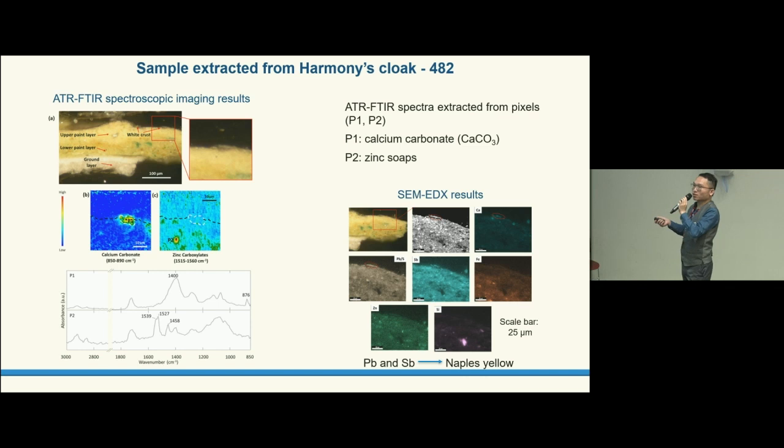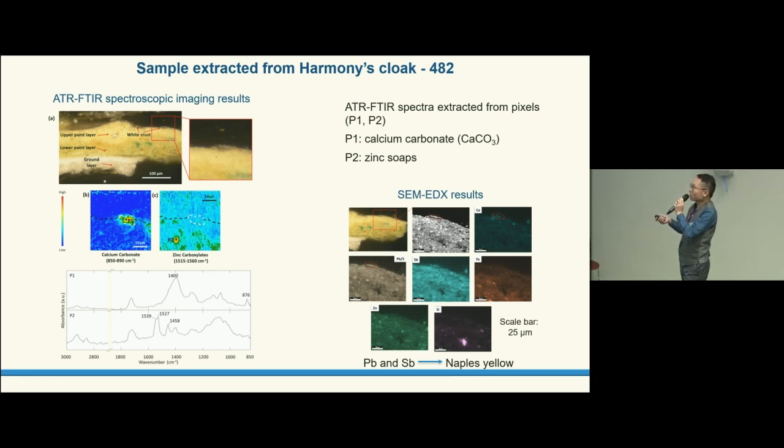So this suggests that the artist may have used Naples yellow, which is a lead-based pigment, just like lead white is toxic, and it's very prone to degradation due to its sensitivity to environmental factors such as light and air pollutants